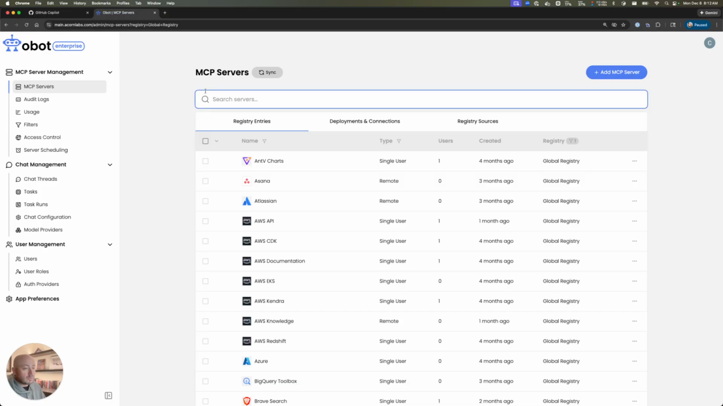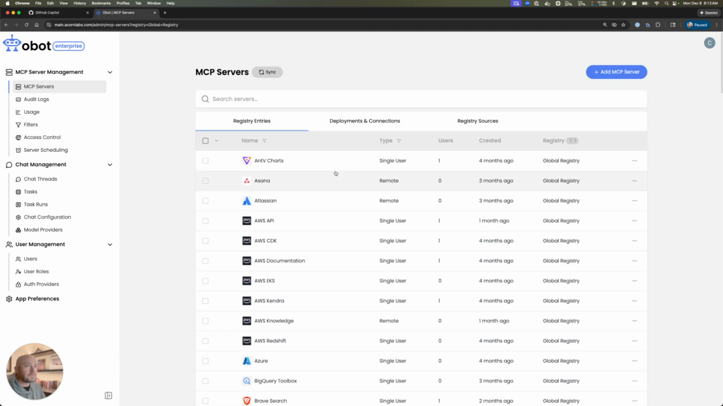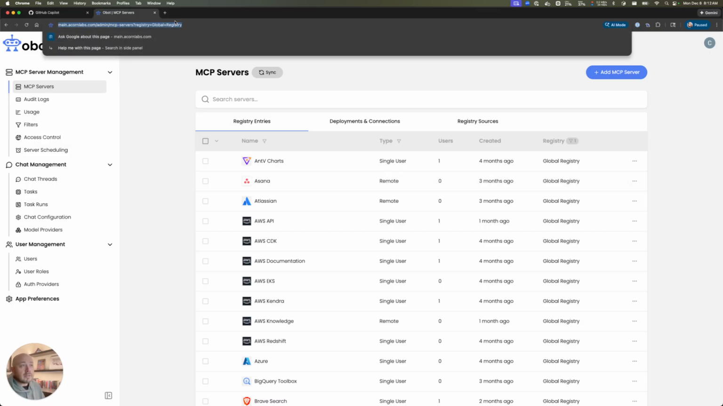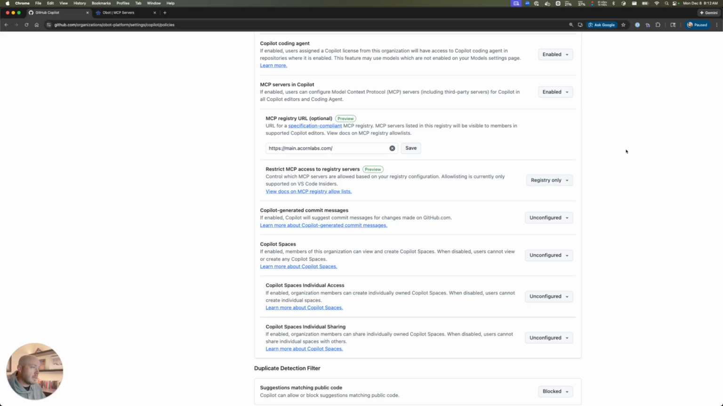Obot is an open source enterprise product for launching and managing MCP servers within your organization, as well as an MCP gateway. Here you'll see Obot itself has a built-in registry too, and that's all the servers we're looking at here. Your instance of Obot can act as an MCP registry. So you can take that URL and drop it right into this MCP registry URL text box here and click Save. And then we can go see the effect that had in